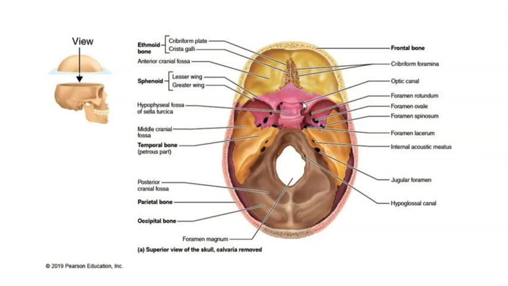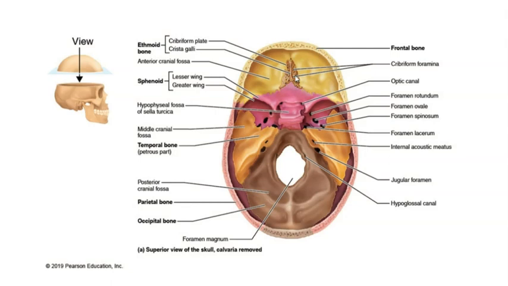We also see the optic canals more anteriorly in this sphenoid bone. These are passageways for the optic nerves that pass from the eyes to the brain to deliver visual sensory information to the brain so it can be interpreted. The ethmoid bone is